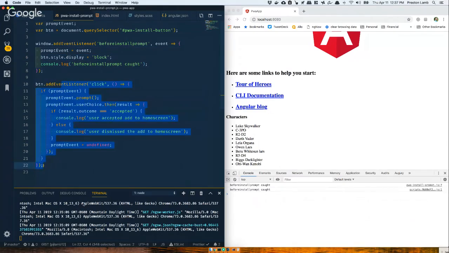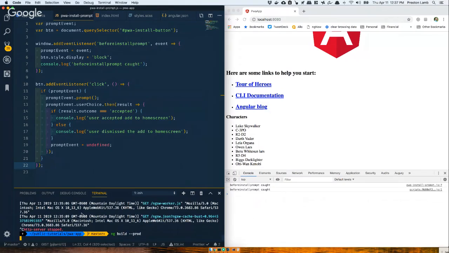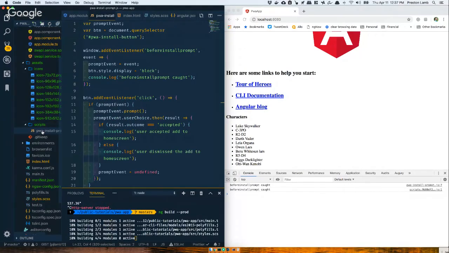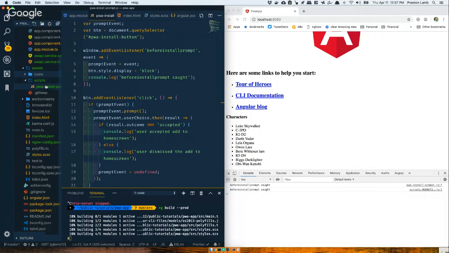And then again, we have to rebuild one more time. And I'll tell you while it's rebuilding a little bit more about this. So you'll notice that this is not actually in my Angular application. I just put it into the assets folder and then made a scripts folder that I put it in. So when I was reading about this event